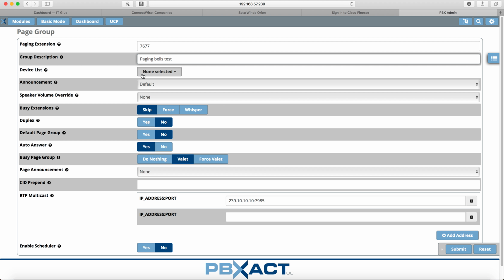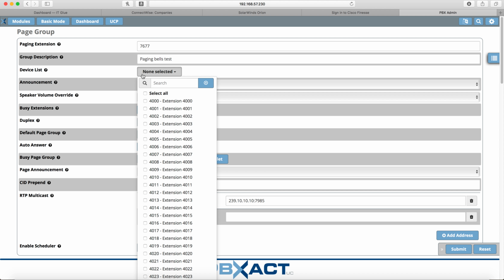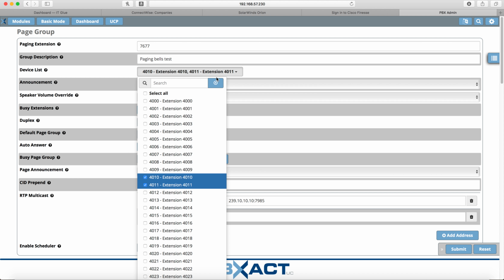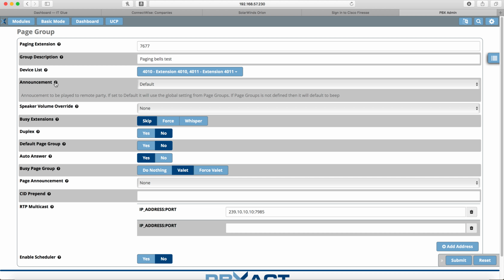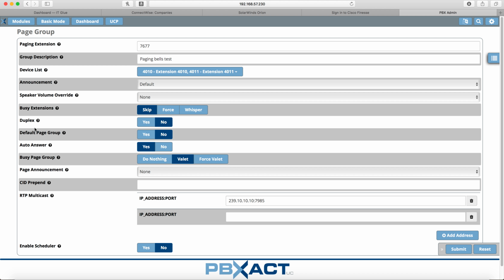The next thing we'll want to select is some devices that are going to be in our group. I'm going to select some of the phones that we have set up on a desk, and we'll leave it at that. You see 4010 and 4011. The next thing is the announcement to be played to remote party if set to default. This is what will be played. We're going to leave that one alone